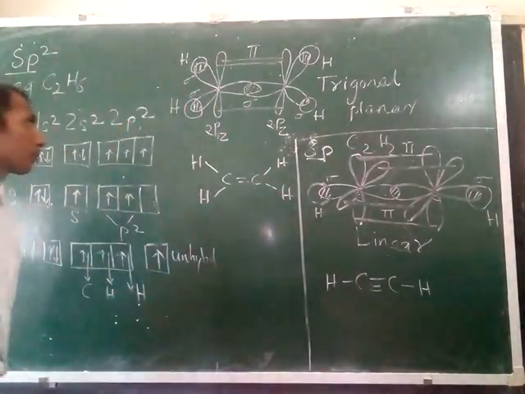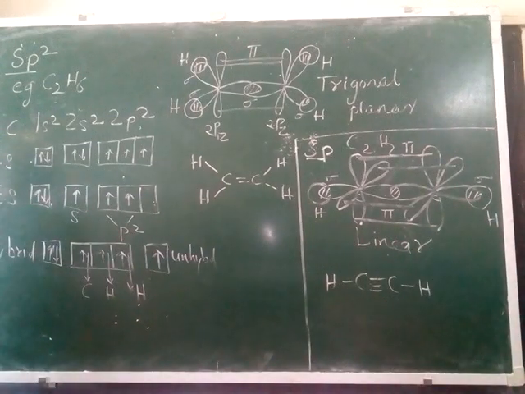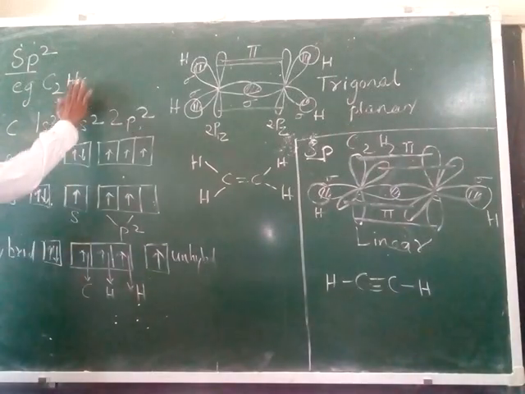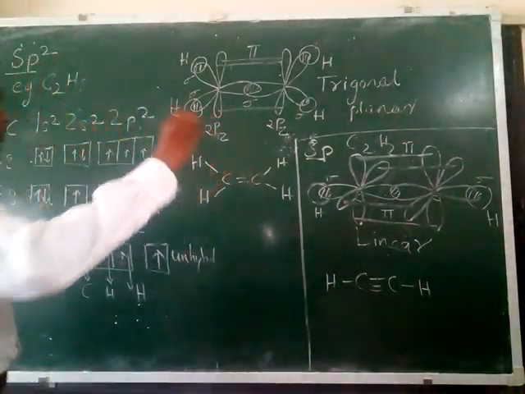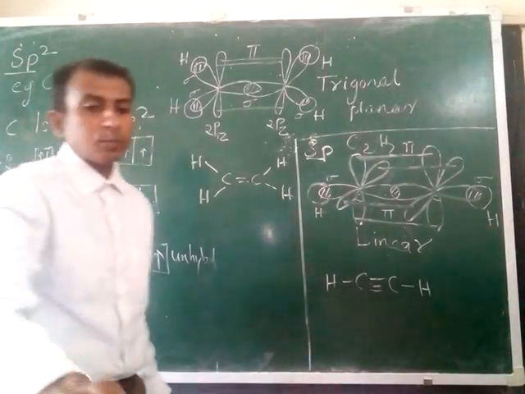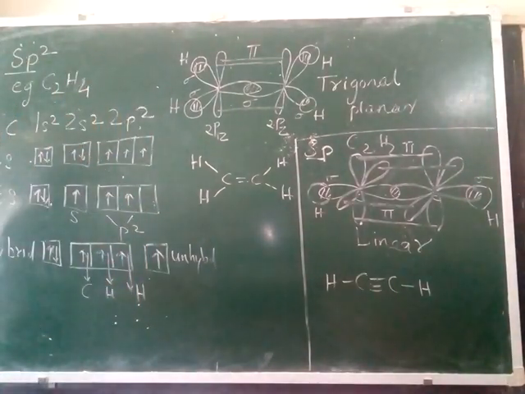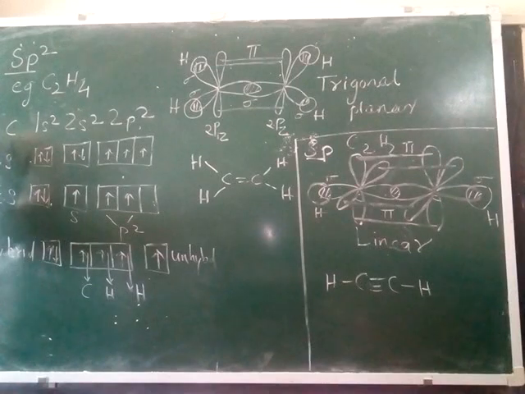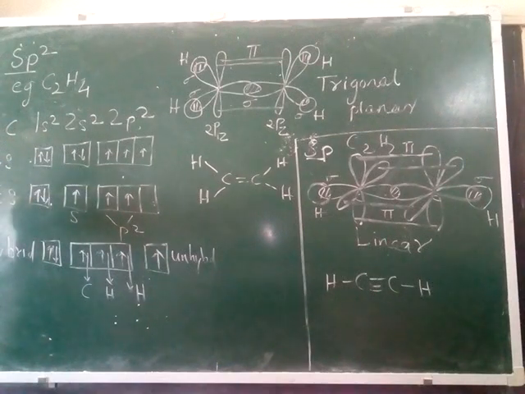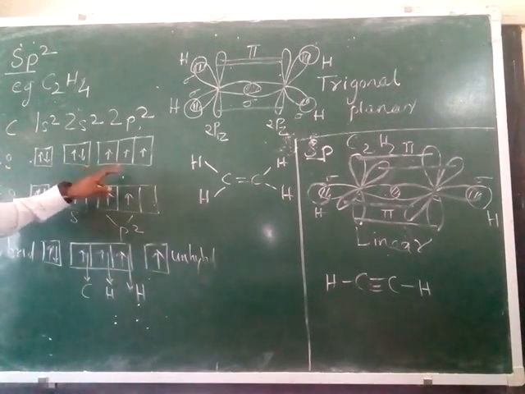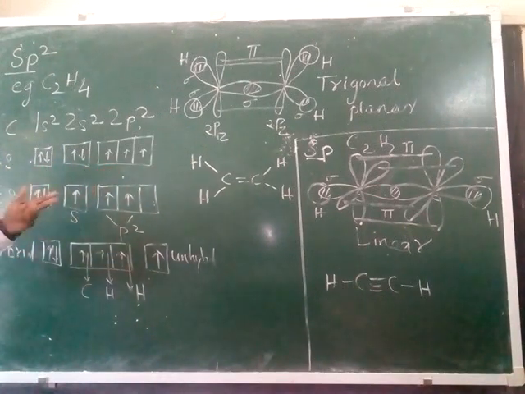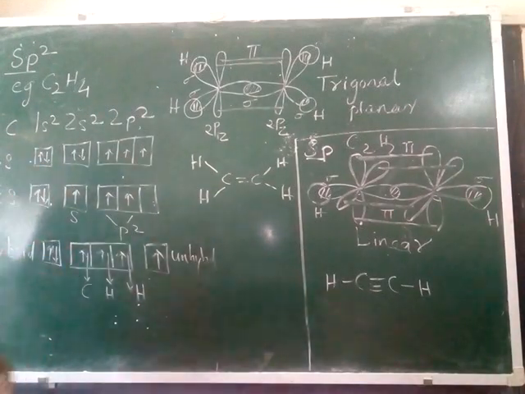Okay, so let's start and understand one example here, that is the formation of the ethene molecule, C2H4. The question can be asked: explain the sp2 hybridization in the ethene molecule. So you start by writing down the ground state electronic configuration for one of the carbon atoms. There are two carbon atoms, correct? So just write down for one carbon atom, 1s2, 2s2, 2p2, the ground state, showing the orbital diagram, and then the excited state. Of course, carbon has to go to the excited state.